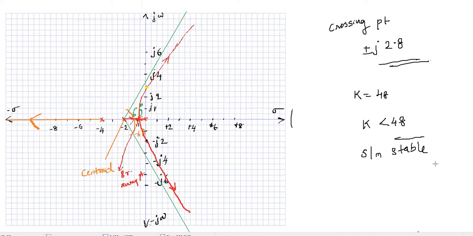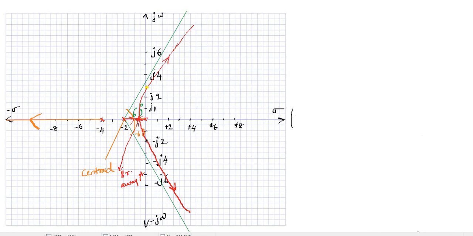Now, in the question, sometimes they may ask: if the damping ratio of the closed loop system is 0.5, find the gain. They may ask, find the value of k when the damping ratio of the closed loop system is 0.5. When this type of question is given,